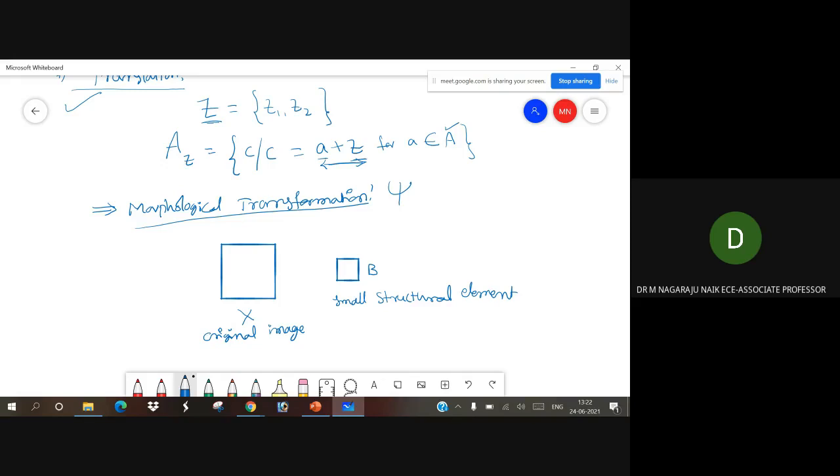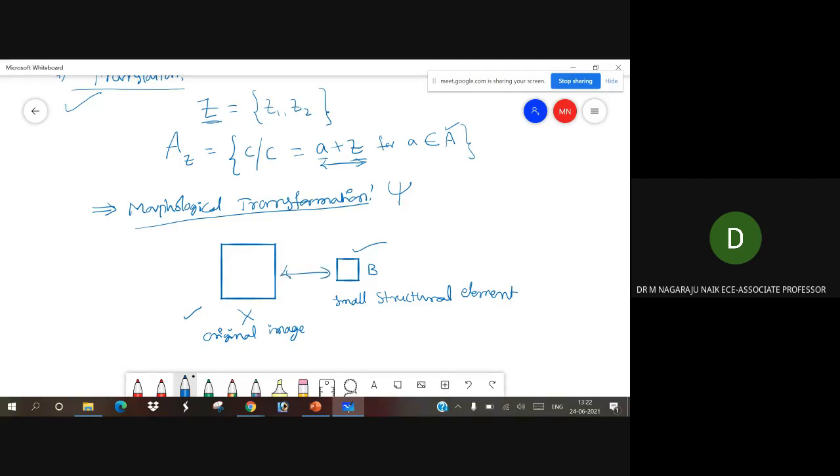It will give the relation of the image X with another small point set B, called a structural element, and this is your original, which will give the relationship.